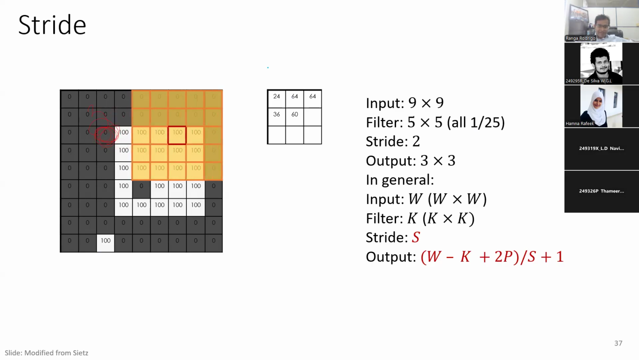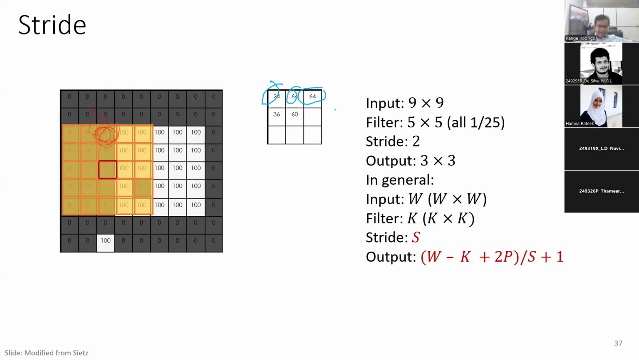So now you can see because of those motions, we got a value here, we got a value there, we got a value there. That's all. Then we move by 2 pixels here, and we got a value here, 36. We got a value there, and so on. So now you can see,